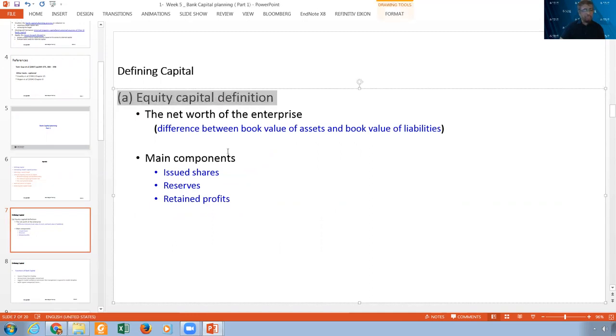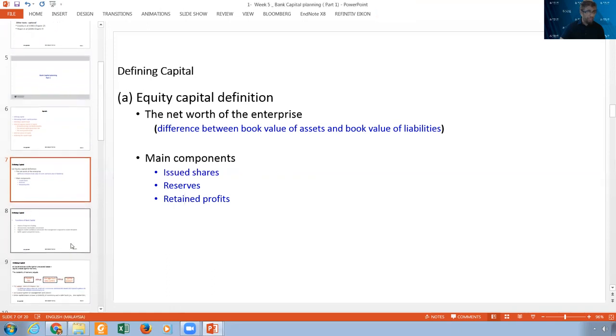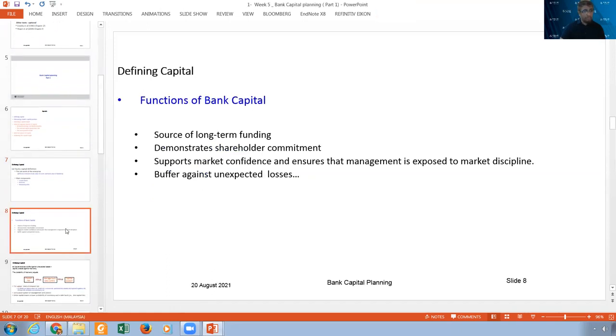The capital is just the difference between the total assets and the total liabilities, which means the difference between the book value of the assets and liabilities. And we know its components are the issued shares, any reserves, and any profit we didn't distribute, which we call retained earnings. This keeps accumulating and increasing the capital. This is actually when we started with our IPO and our shares or other issues. After that, this is the issued shares, then this is what comes from the profit, and also the reserves that we accumulate as we progress in time and operate.